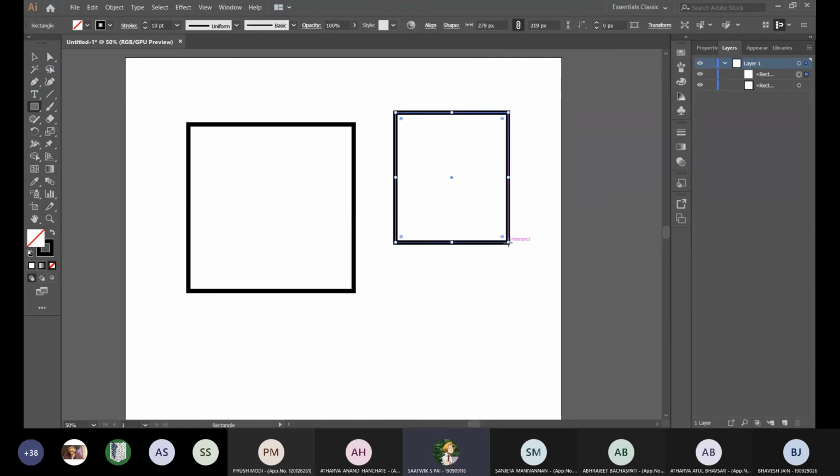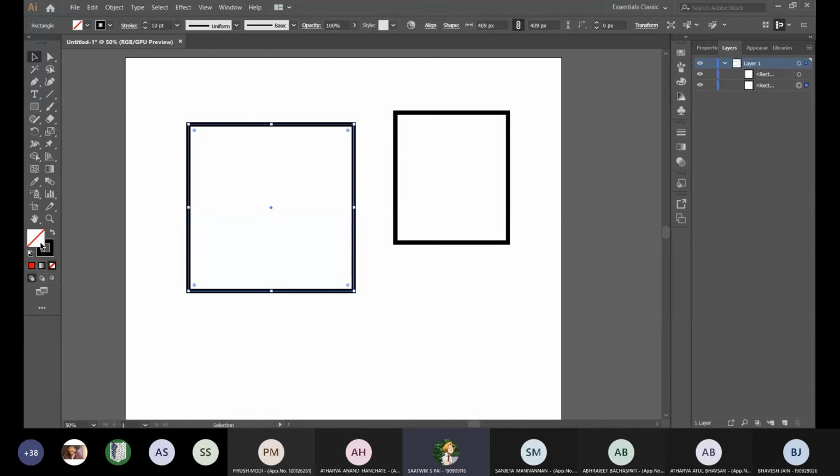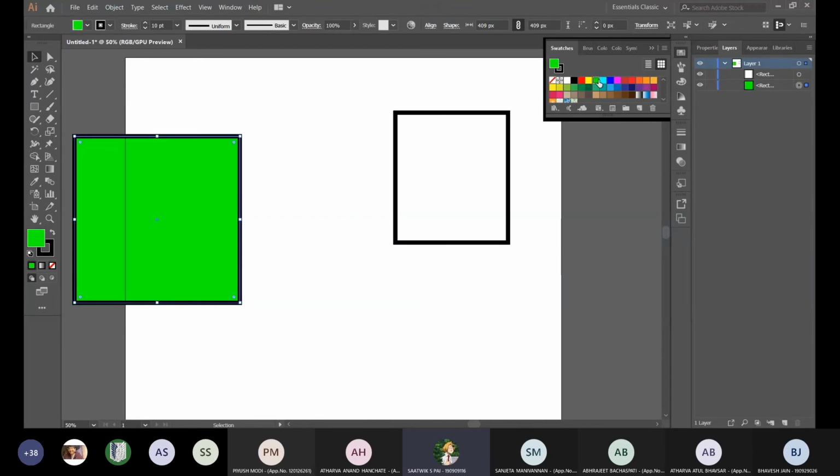I don't want to get too into colors right now. We'll discuss colors in more depth later. But you have your basic palette over here, okay? Your basic color set which Illustrator provides you. You can change the stroke colors if you want. You can have our inner fill. At the moment it has no color. This means no color, okay? A white with a cross in between, a red diagonal going in between, that means it's empty. I can make it white, black, yellow, green. We'll go deeper into colors later, but this is the basic palette you have.